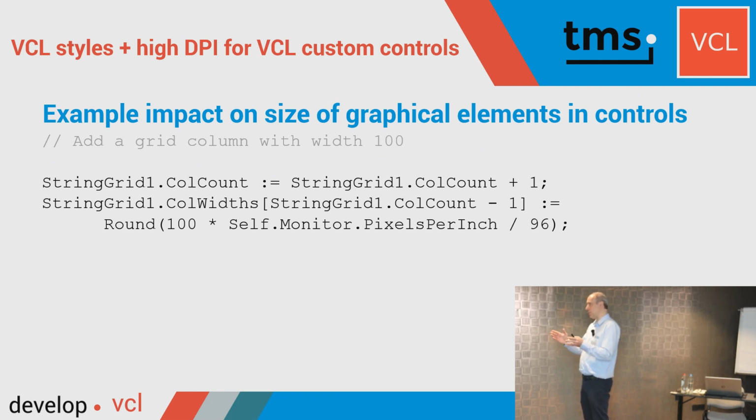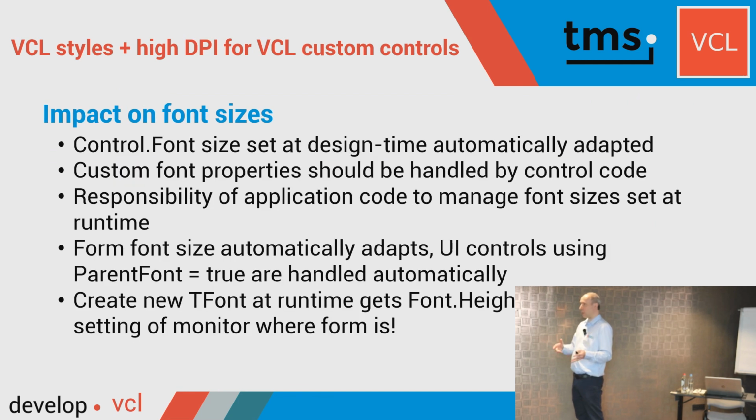and that label font height was typically -11. I'm not sure if that number is as familiar to you as for me, but the standard font height for a label on a 96 DPI screen is -11. If you use it on a 150% DPI screen, Delphi 11 will initialize this font for you at a font height of -18. So that is what the VCL framework does for you. That's good. Nothing to pay extra attention to in this area. But of course,